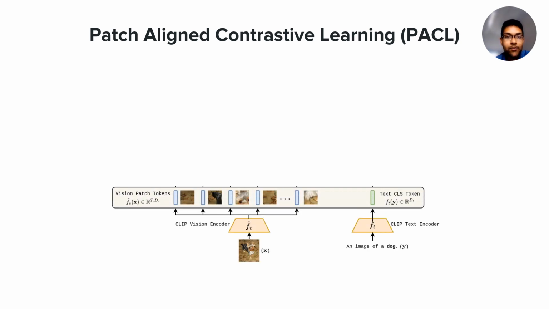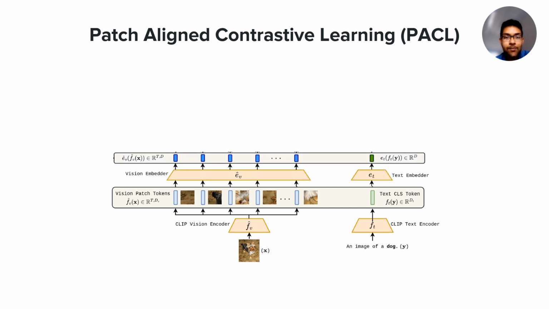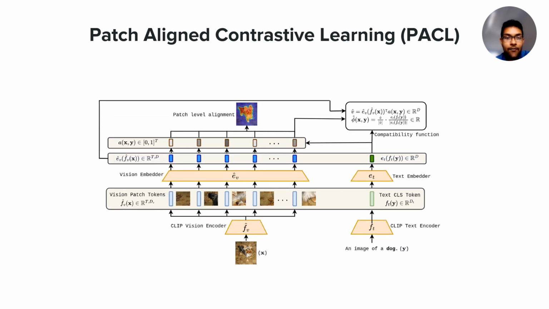First, we get the patch tokens from the image encoder and the CLS token from the text encoder. We pass them through their respective image and text embedders and obtain the corresponding embeddings in the joint dimensional space. We compute the cosine similarities between the CLS text embedding and the image patch embeddings and use those as coefficients to form a linear combination or weighted sum of the image patch embeddings. Finally, we use the cosine similarity of this weighted sum and the CLS text embedding as our image text compatibility